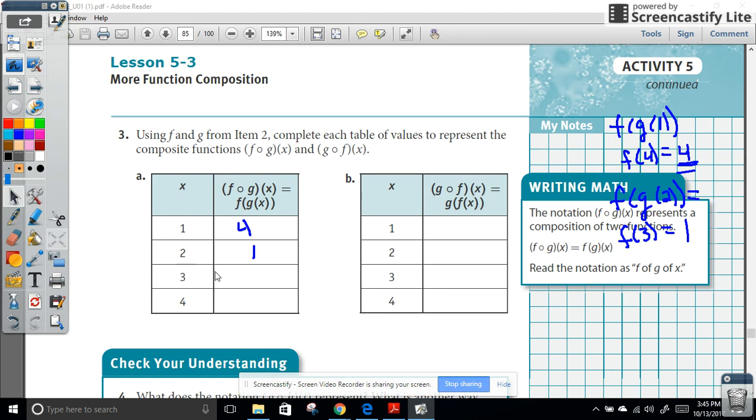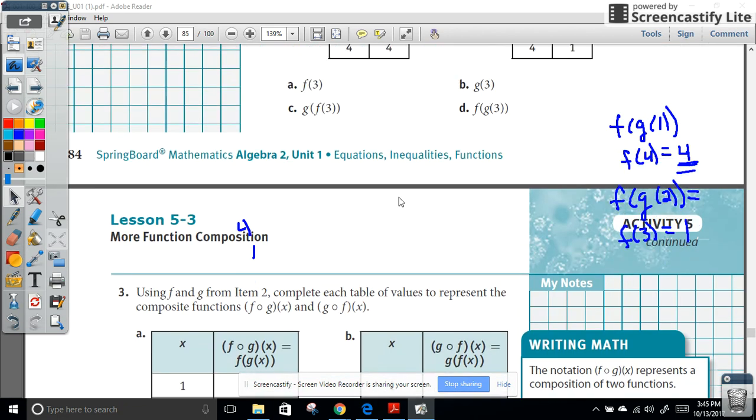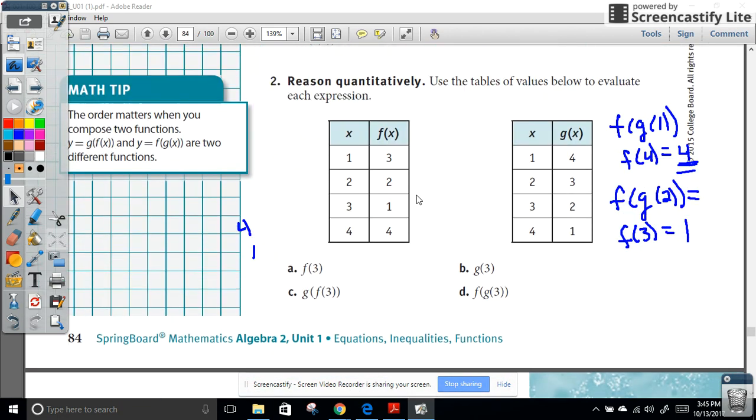Okay, so we want f of g of 3. I'm going to skip that second step. F of g of 3. Whoops. Okay. So